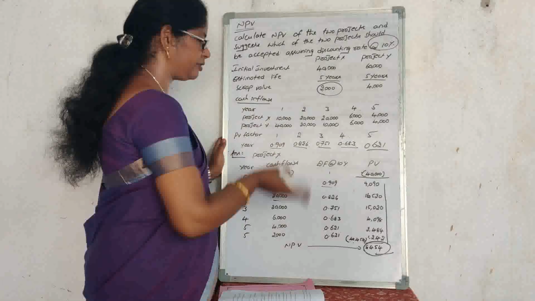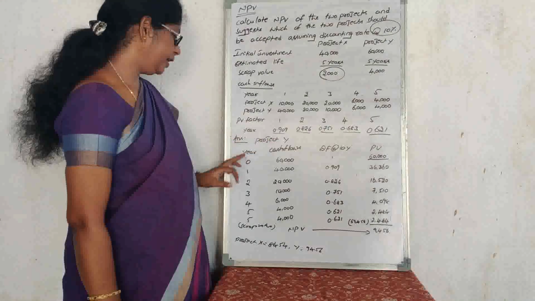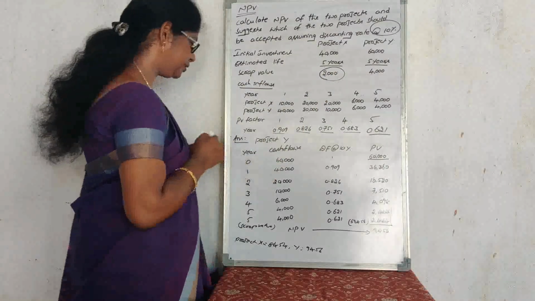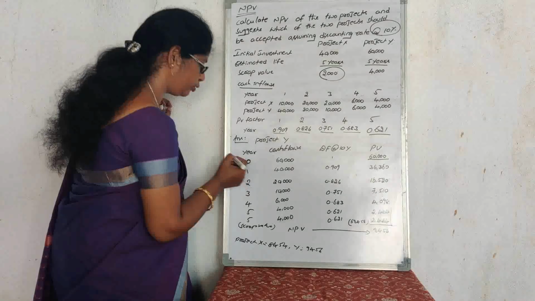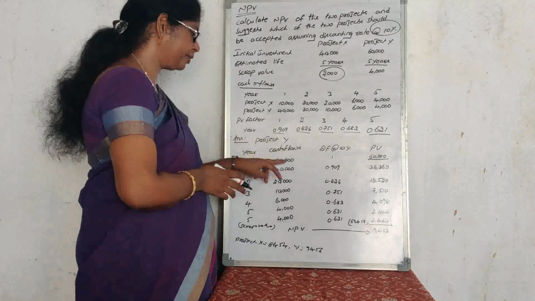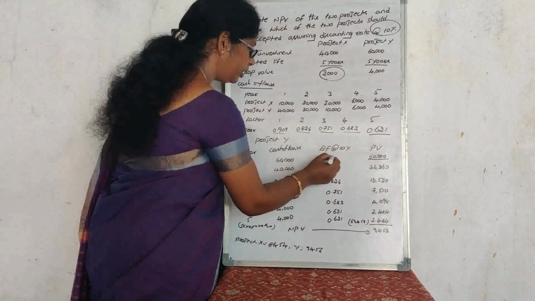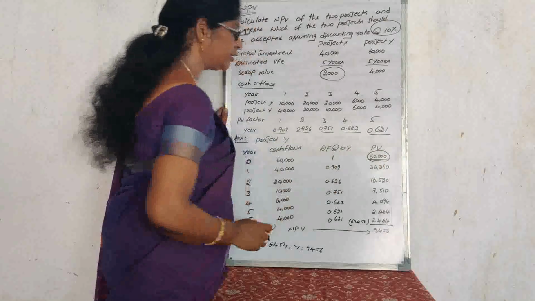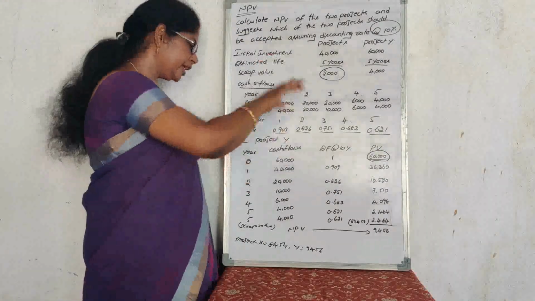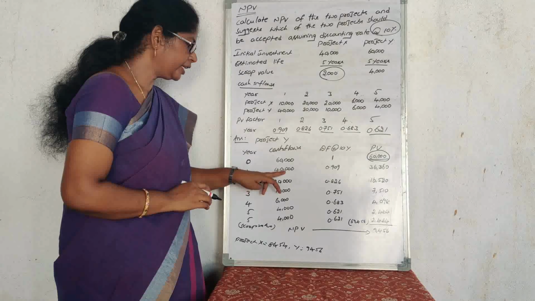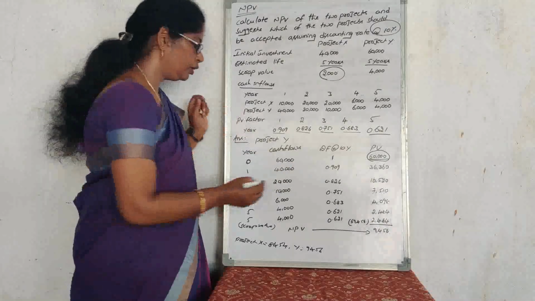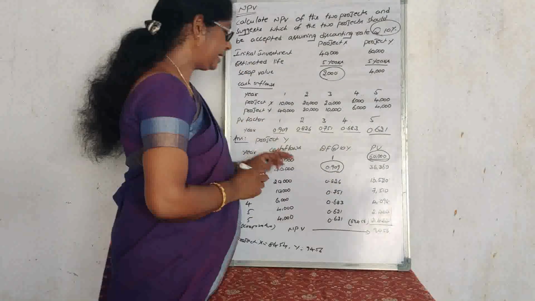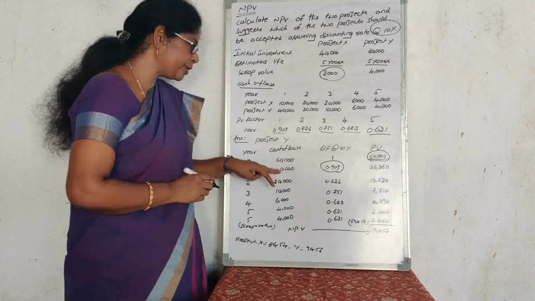Means the net present value will be 8,454. And coming to project Y. Okay. For project Y, the initial investment value is 60,000 rupees. So that's why I have given the value 0. This is the initial stage we are putting. Right now, the rupee value will be 1 rupee. After that, how much amount is going to be invested? 60,000 only. After 1 year, we'll expect 40,000 rupees as a cash inflow. So here, the rupee value will be 0.909.